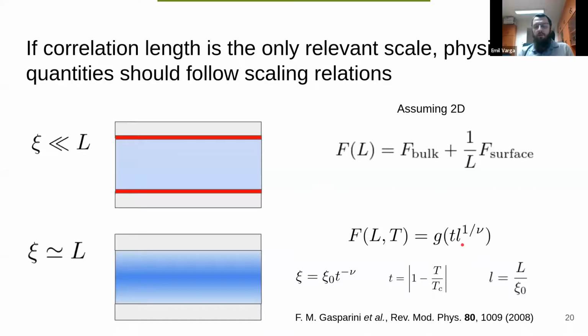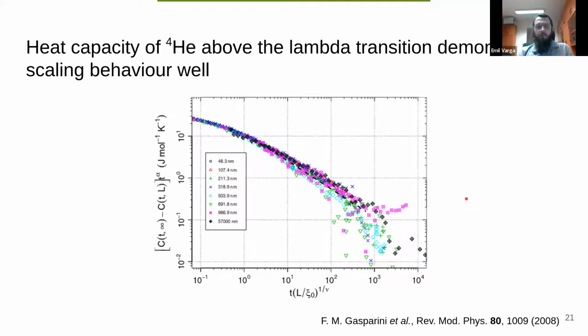This type of behavior has been observed to a very good accuracy, for example, in heat capacity above the lambda transition, but close to it, of course, where on this graph I show data from this review paper, where we see the change in heat capacity compared to a bulk value as a function of this dimensionless scaling variable. And you can see a beautiful collapse of all data across more than three orders of magnitude